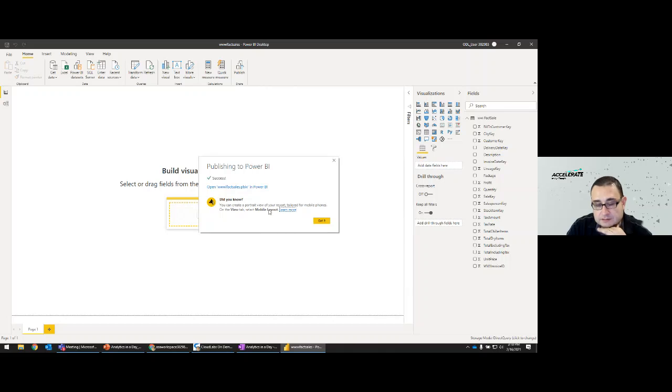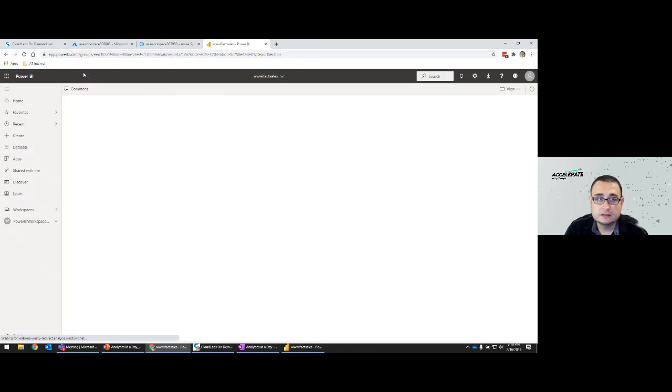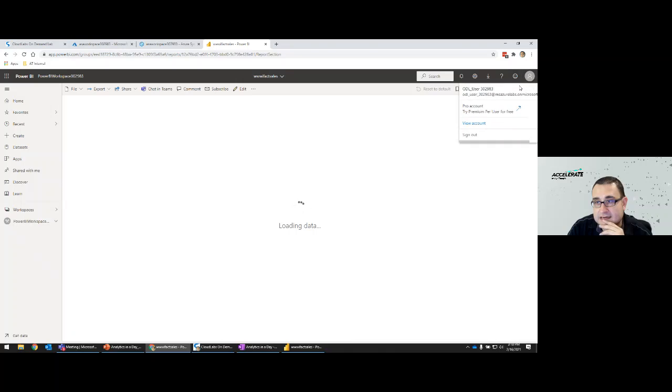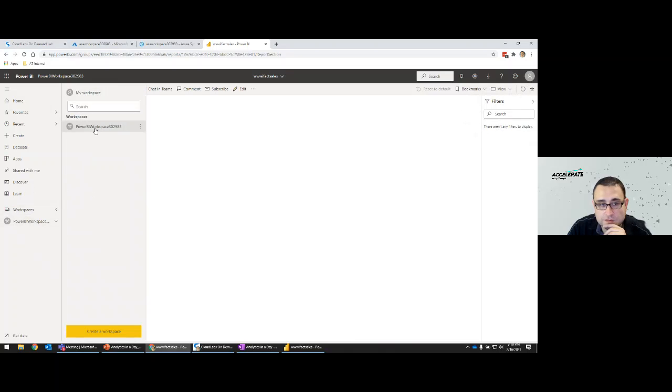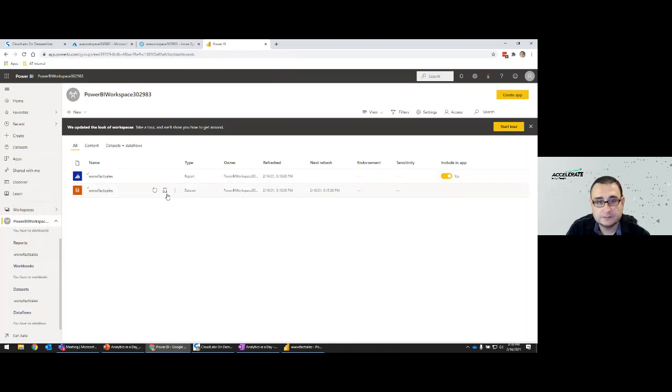For those of you familiar with Power BI, if you click on this link, it will direct you, or you can log into powerbi.com or app.powerbi.com, and it will show you all the workspaces that user has available. So if I look at my workspaces, I only have that workspace available. And in that workspace, I can see the data sets that were created in that workspace. In this case, it's both a report and a data set, but what we're interested in is the data set.